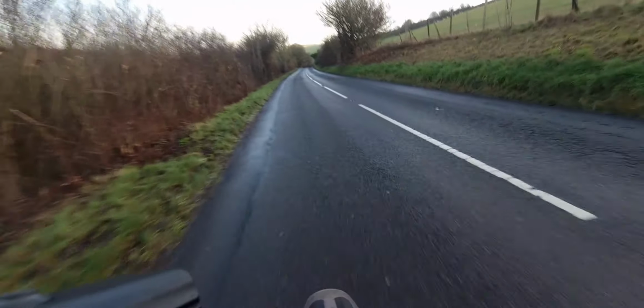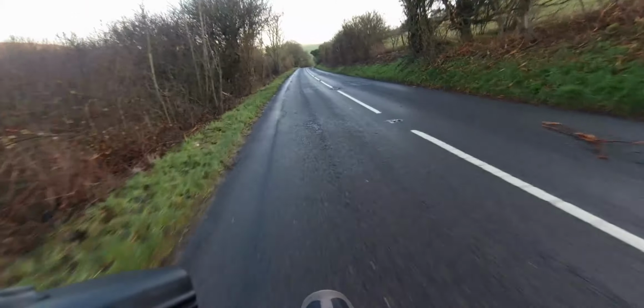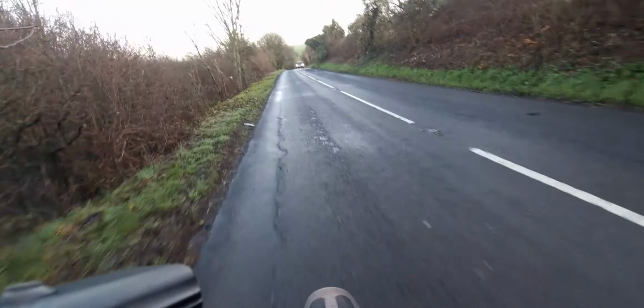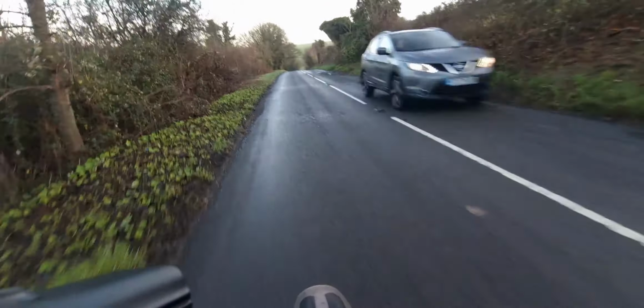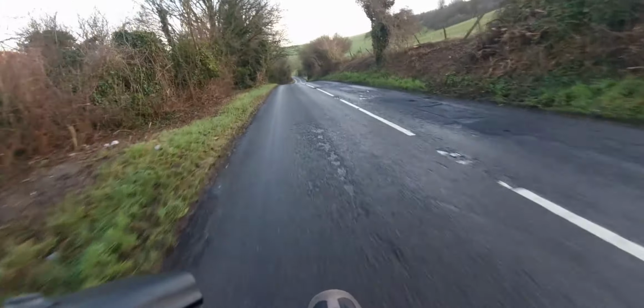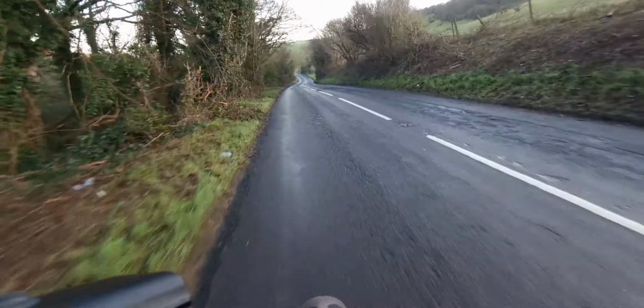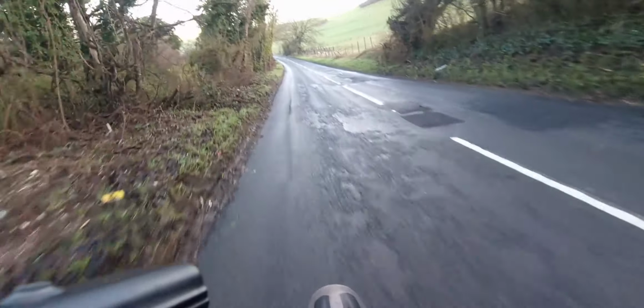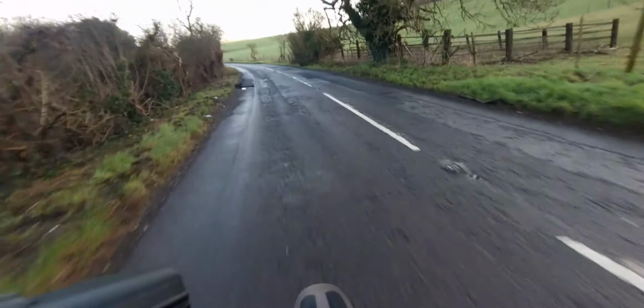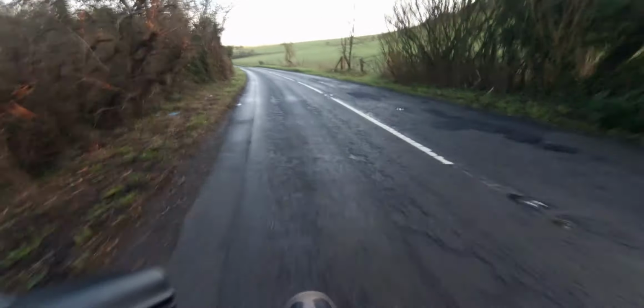Yeah, like I was saying before I sidetracked myself, I very rarely use power. These got power assistance up to level 6, so when you get to 15.5 the motor will cut out and it's all down to your legs. So I found by just riding, for me, in power assistance 3, which I think is around about 9 miles an hour,